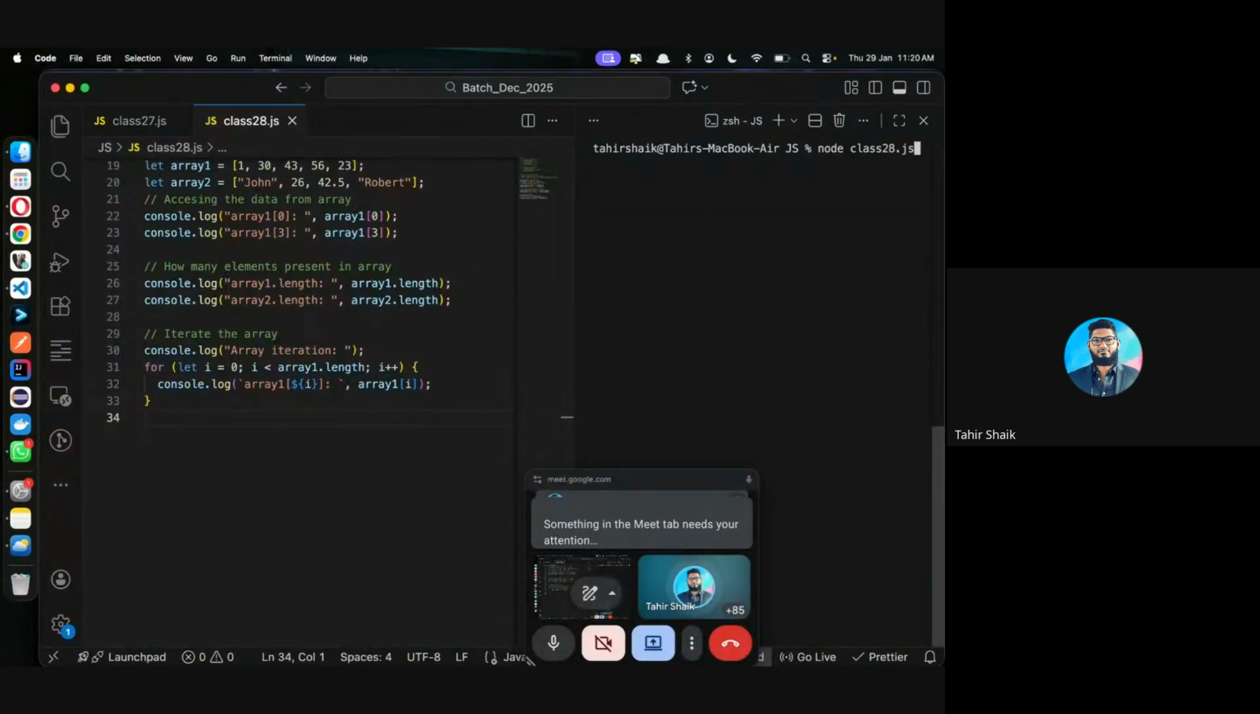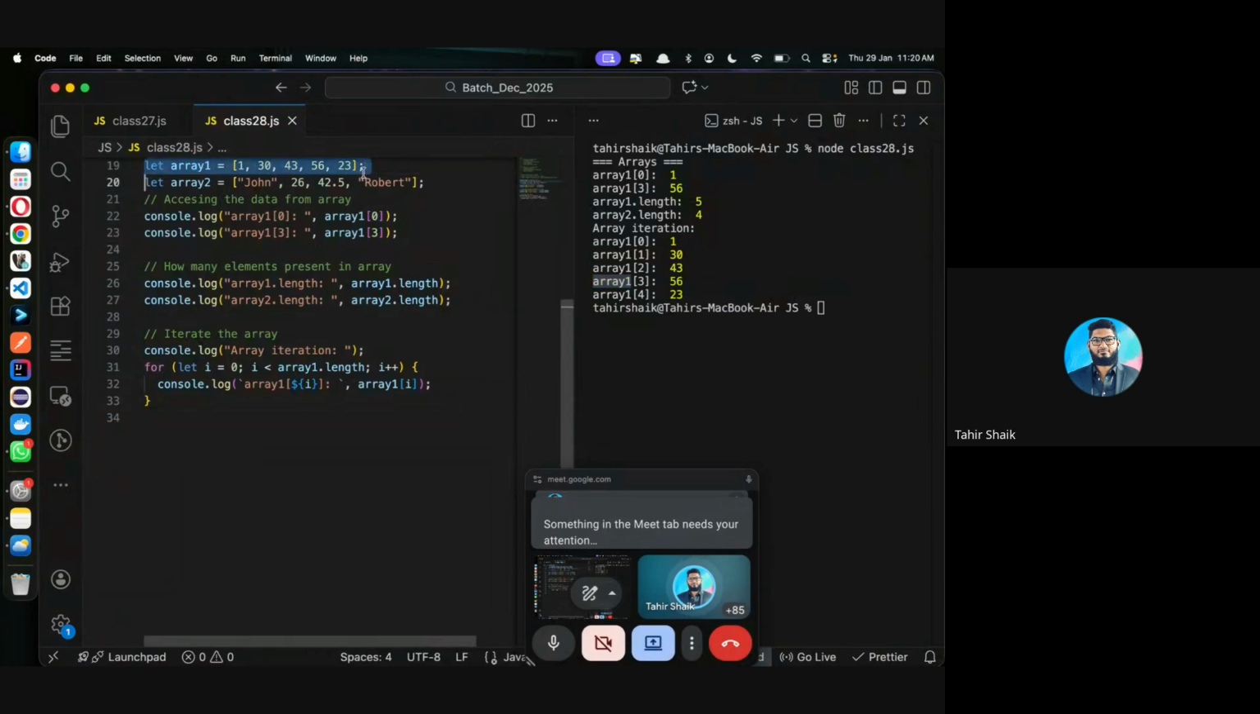Okay, now let's run the code. Now you can see array of 0, 1, array of 130, 43, 56, 23. అర్థమైందా? This is how we can access the array elements one by one. This is one way that we can access the array elements. The second way is